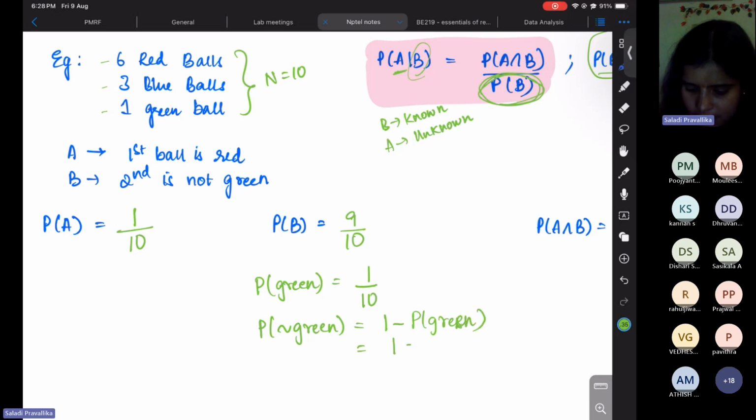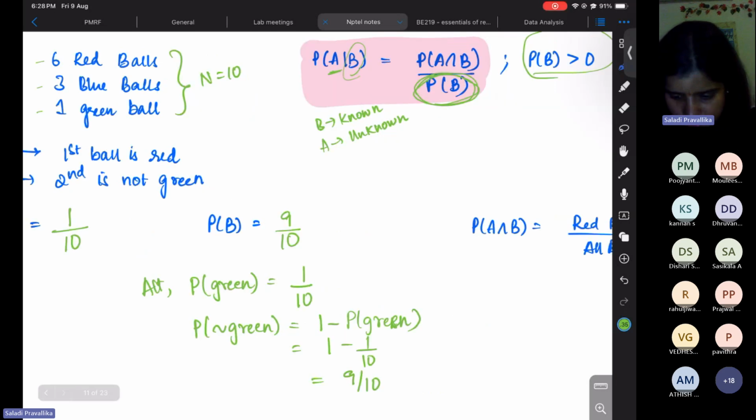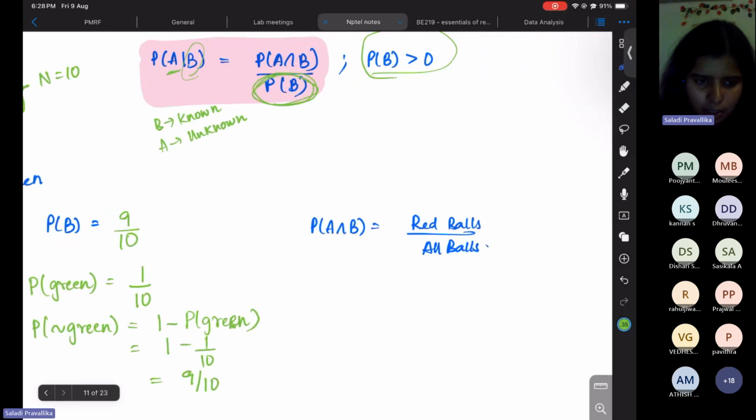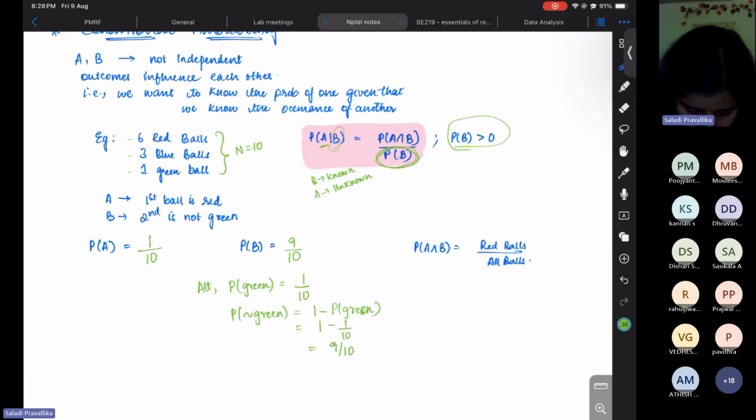So that is equal to 1 minus 1 by 9, and that is 9 by 10. This is just an alternative. Alternatively, you can write it this way also. Now, I want to know the P of